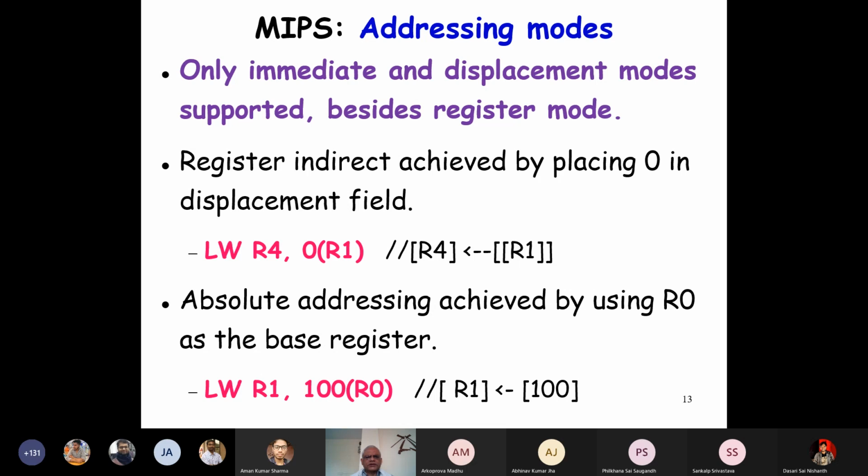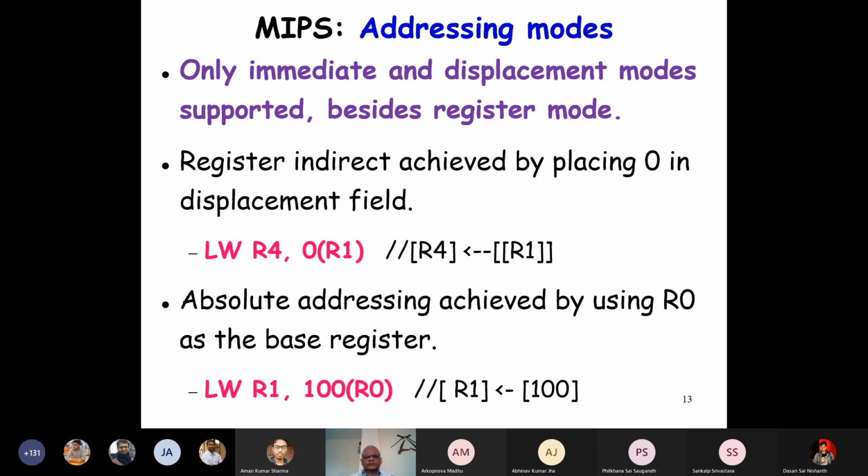So this is register indirect. Here we don't use the register 0. We have used an offset value of 0, and we have synthesized the register indirect mode.